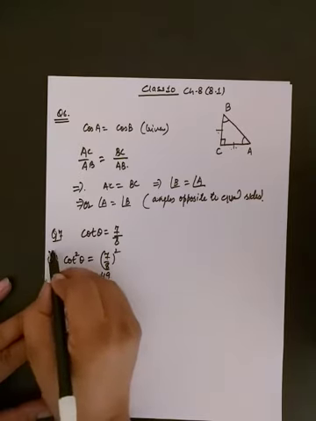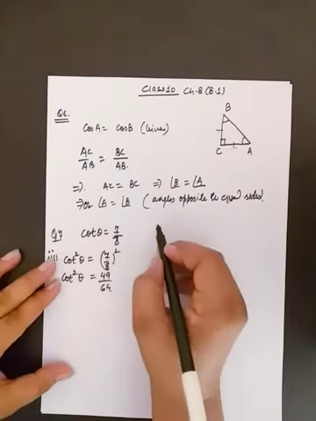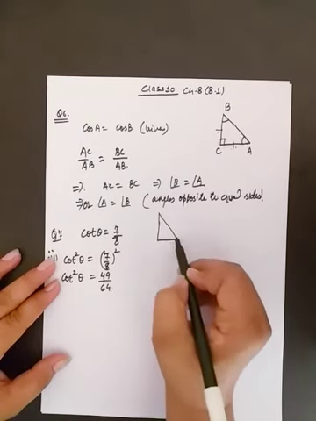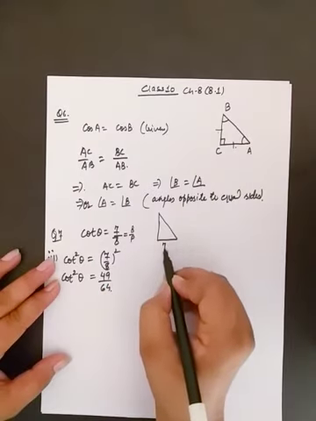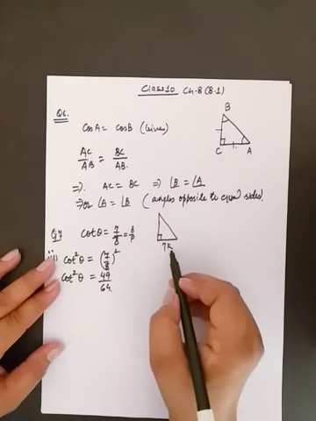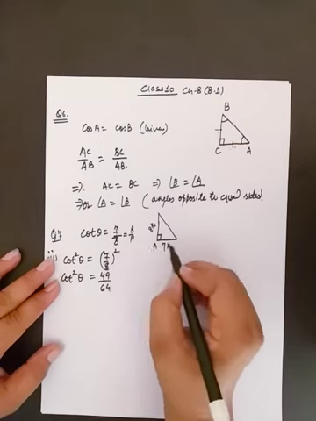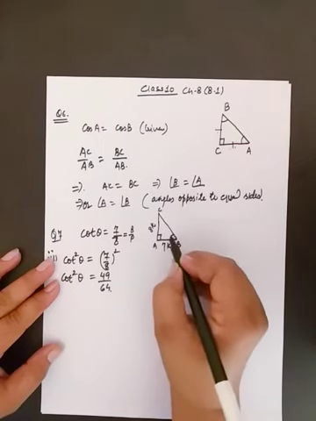Here we have solved part number 2. But for part 1, I need sin theta and cos theta. So let us draw the triangle. And cot theta is base over perpendicular. So it means base will be 7K, because unit is not given, so we have to write K. And perpendicular will be 8K. Now we can give any name to the vertices of the triangle, but the acute angle in base is theta.